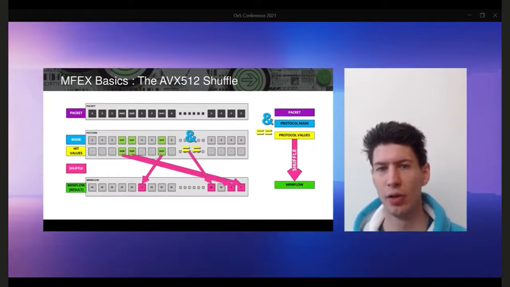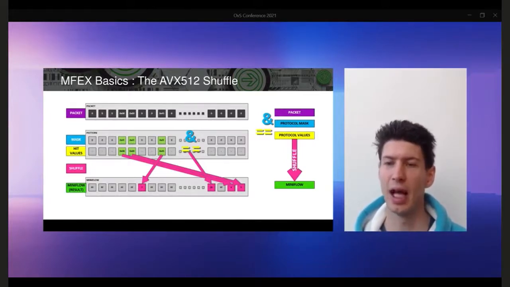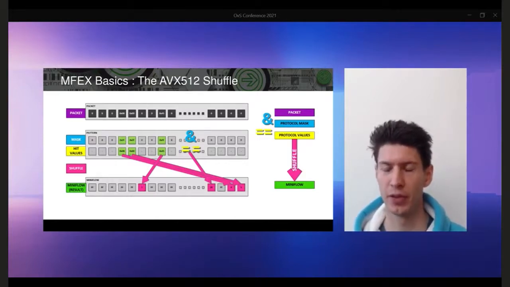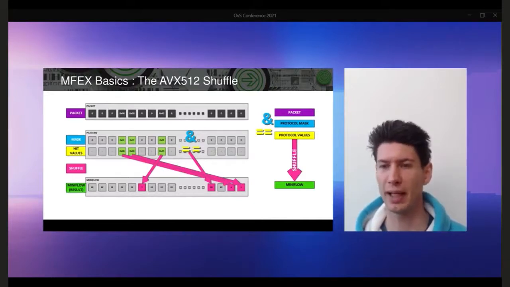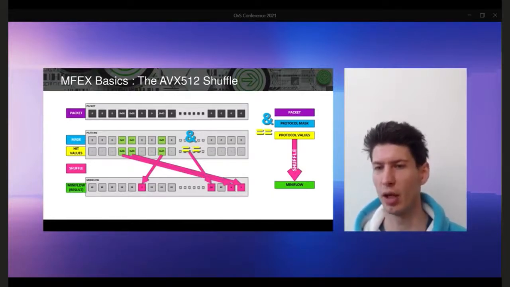To be clear here, there's a very direct relationship between any specific input packet and the resulting Miniflow. The scalar code executes this step by step and parses protocol by protocol. In SIMD code, however, specifically AVX512, it's possible to contain so much of the packet headers in a single register, so 64 bytes at a time, that we can optimize across protocols and across Ethernet, IP, and UDP,